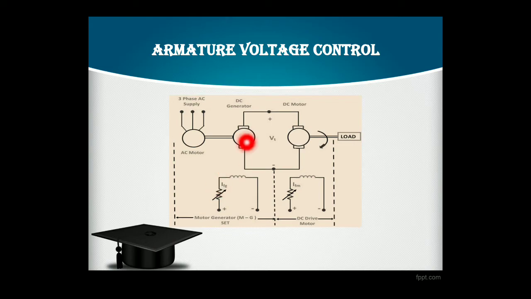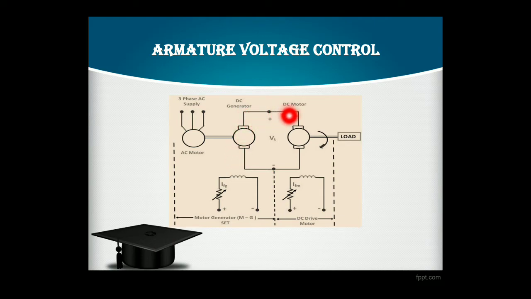The speed of the DC generator is constant because the speed of the induction motor is also constant. If we increase the field excitation of the DC generator, then the induced EMF in the armature of the DC generator is increased, and it is fed to the motor